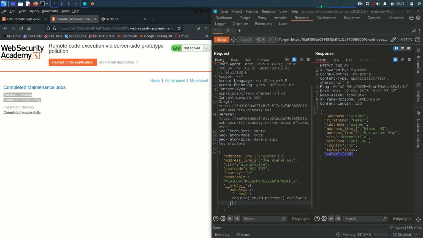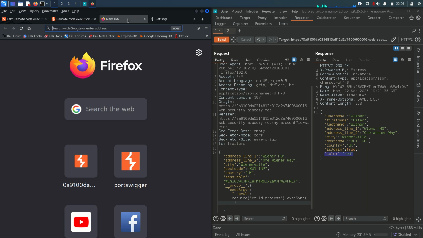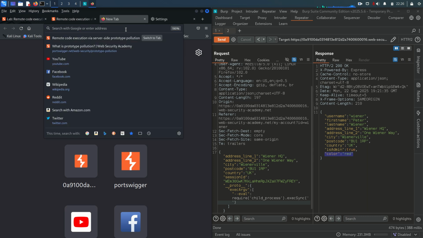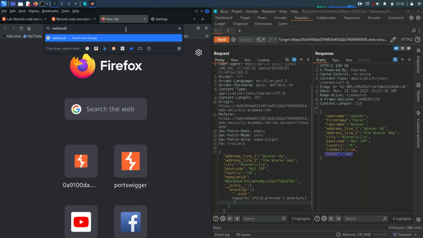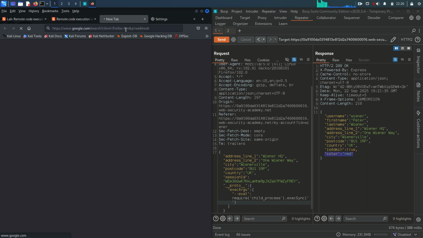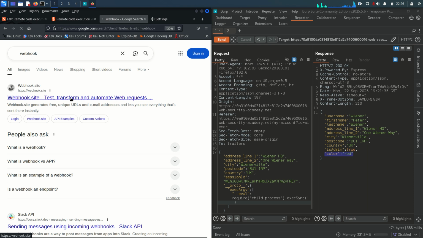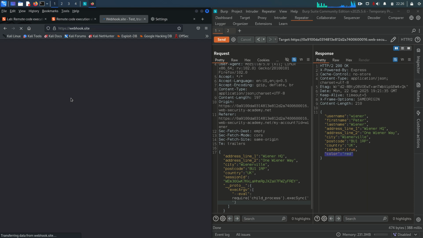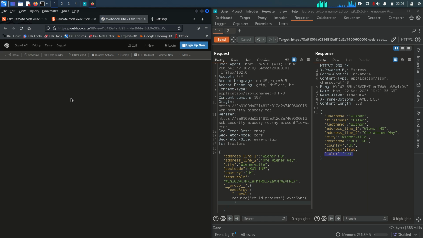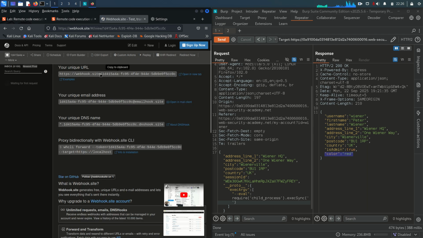So for just proof of concept and to see it, because PortSwigger does not allow you to interact out of band. But in a real-life scenario, you can try webhook. Webhook will provide you a link or a URL, and that URL you can use for the out of band interaction. Whenever someone makes a request to this URL, you will get a hit here. But because PortSwigger does not allow any out of band interaction, even this will